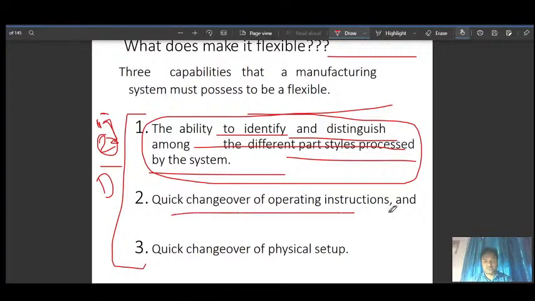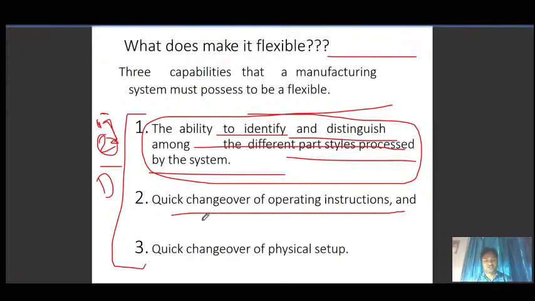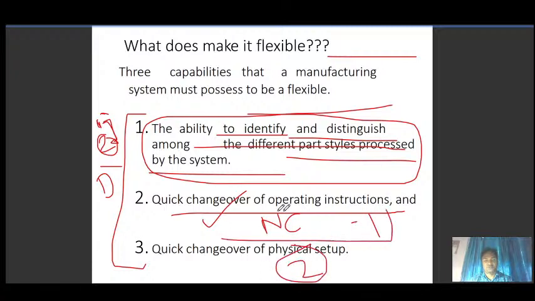Again, then quick changeover of operating instructions. So obviously you have given the machine a task to produce part 1 type, and then you need to go for producing part 2 quickly. You stop the production of part 1 and then you feed the program for part 2, and then instead of part 1, part 2 will be produced.